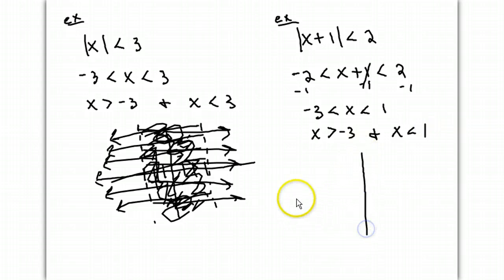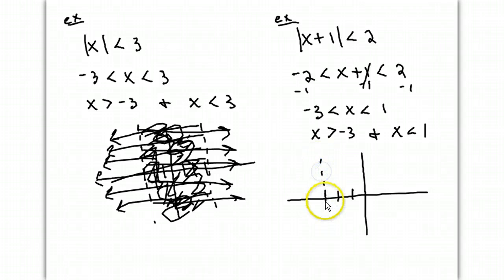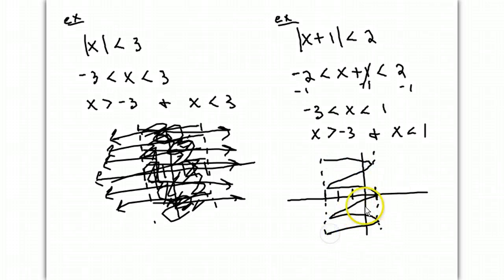So when you're looking at it, negative 3 is over here, and you have a dotted line because it's greater than and not greater than or equal to. 1 is here, and you have a dotted line. Because everything less than 1 and everything greater than negative 3, that's everything in the middle. So everything in the middle gets shaded. To determine whether you have a 2